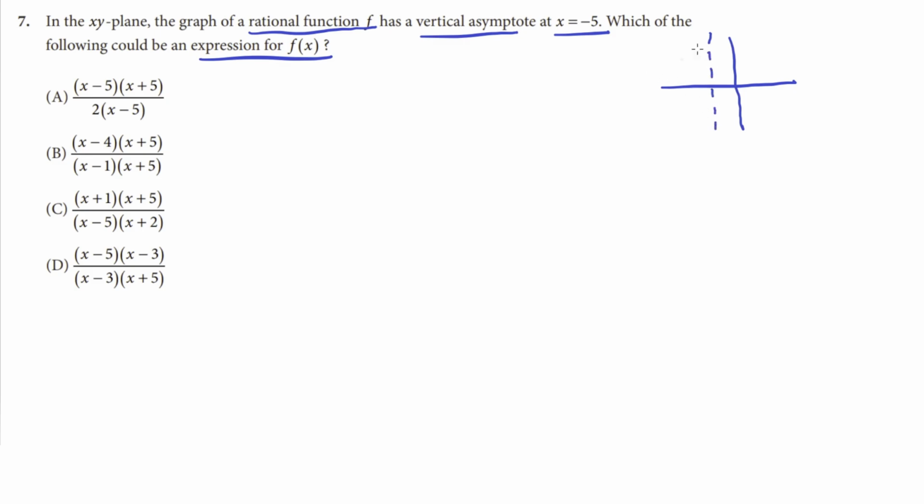What an asymptote means is that as the graph approaches that x value, the graph has to approach infinities on either side of the asymptote. It will never touch the asymptote, so it'll get as close as possible, which leads it to go to infinity. So what we need is one of these answer choices to be undefined